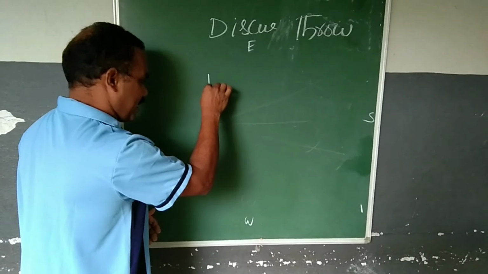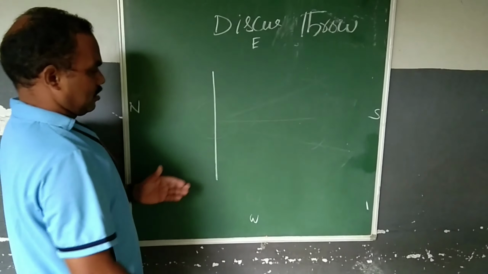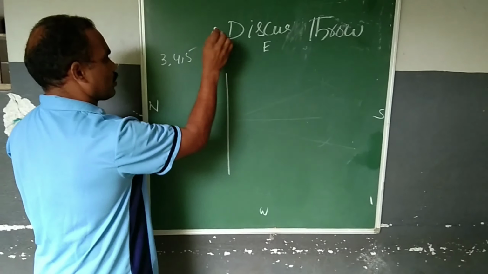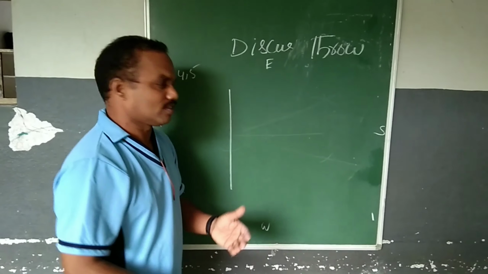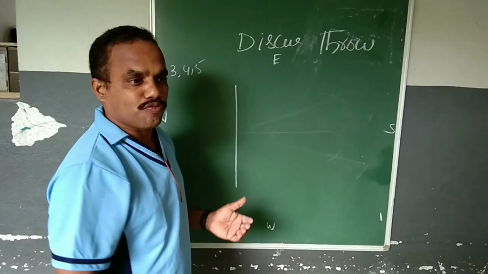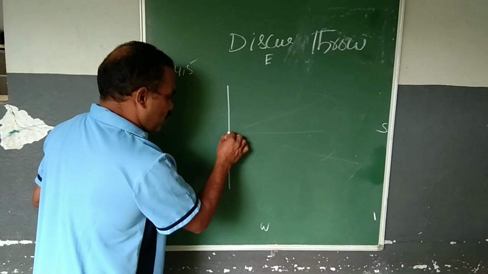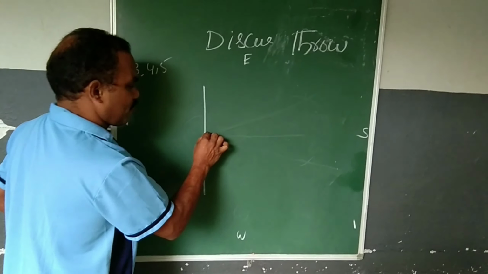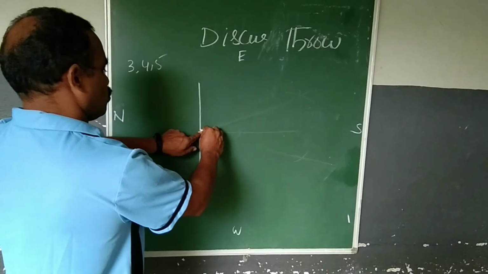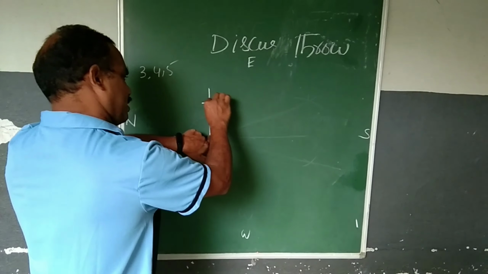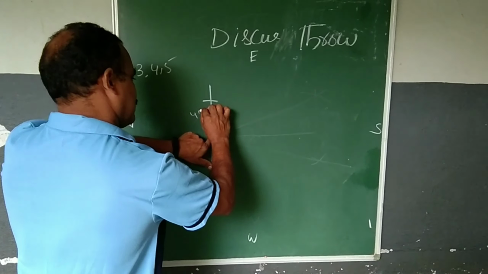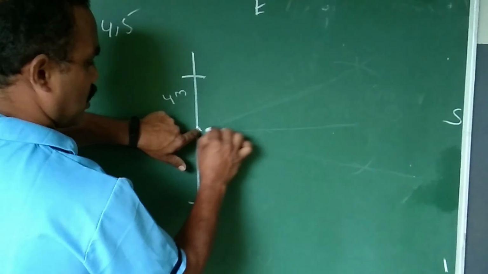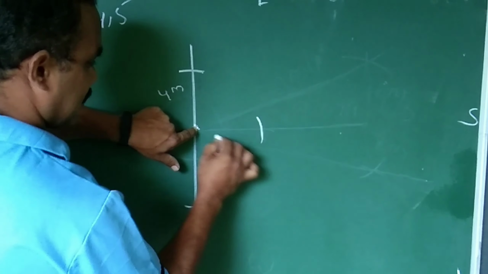First you go for the diagram, the straight line. This is also the 3, 4, 5 method. To make the straight line, everybody knows you can go for the 3, 4, 5 method. If it is a 10 meter rough line, make the point at 5 meters. From here take the rope, a 4 meter line here, and this side also a 4 meter line, and this side, as I said previously, a 3 meter line.